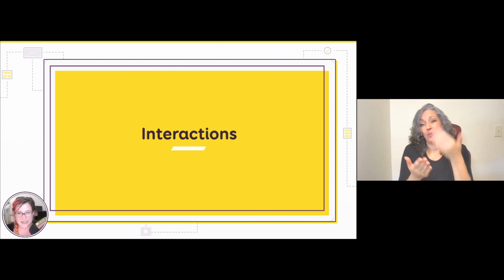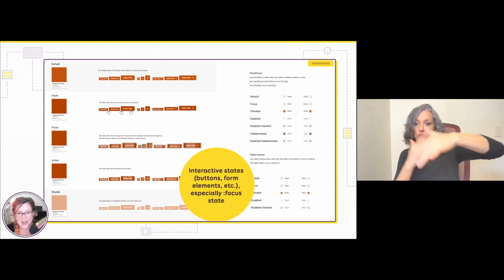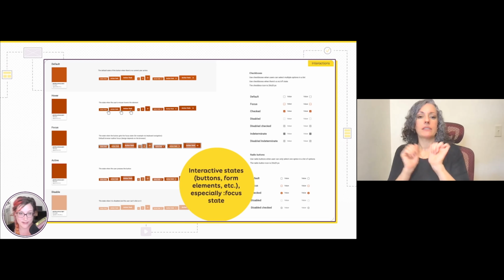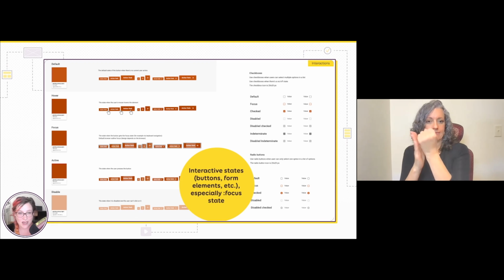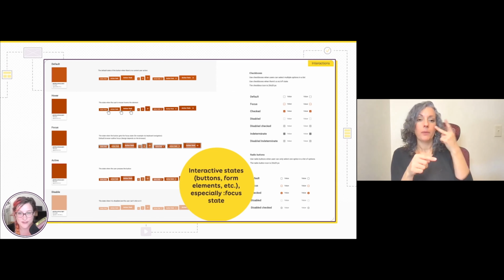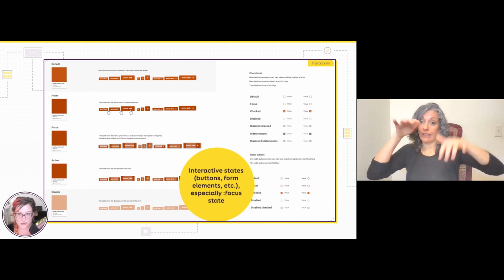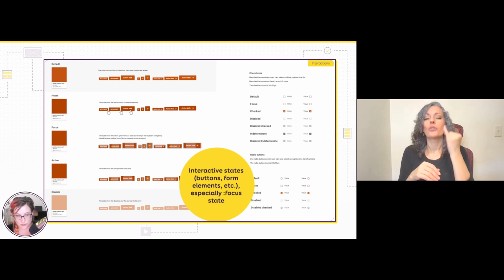The next category is interaction. So for interactive component, let's say buttons, the first thing I usually try to document is the states. In my example here, I have a button that has a default state, the hover state, a focus state, an active state, and in case I need that, a disabled state for different kind of sizes and variation of the same button. Focus state is particularly important for accessibility because this is the state that will be triggered when someone will use keyboard navigation. So if you are going to change the default focus of the browser, you need to document that as well.